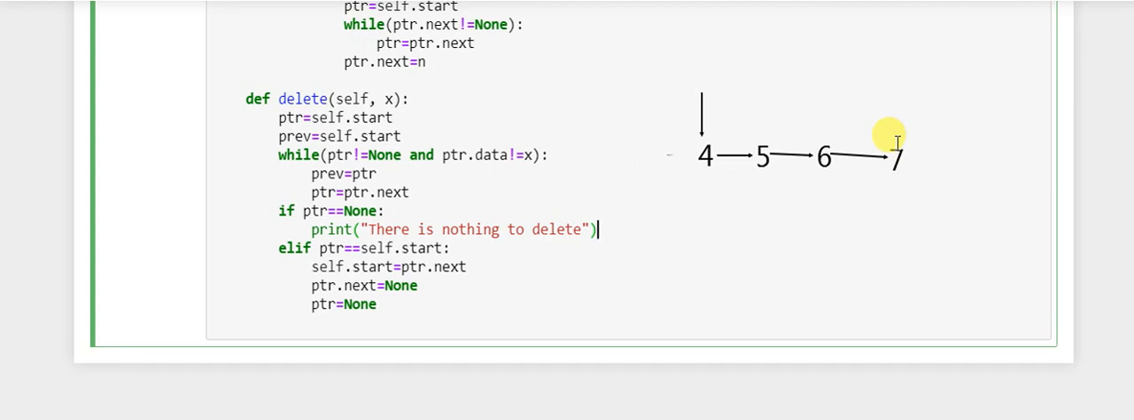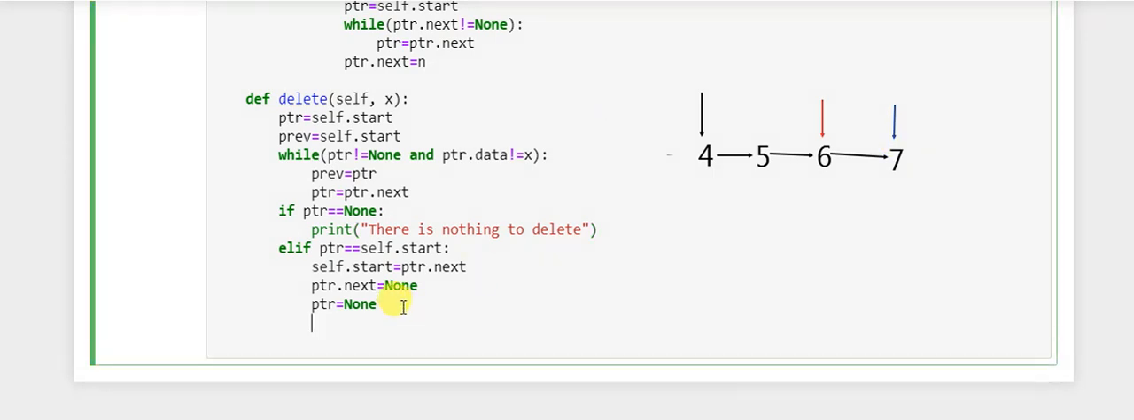So this is our previous pointer, and this is our ptr pointer. Now let's write a condition for deletion of that node, that is when elif ptr.next equals None. So our ptr pointer is pointing at this node, so the address part of the node should obviously be None. That is why we have written ptr.next, that is, the address part of this node should be None. So in that case,